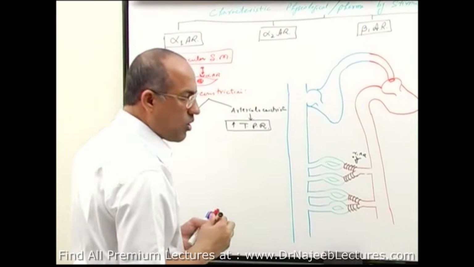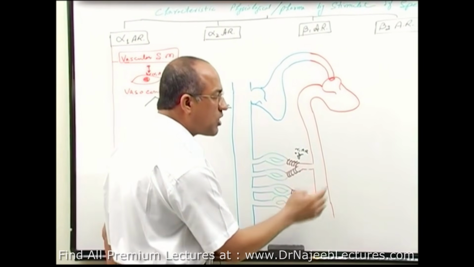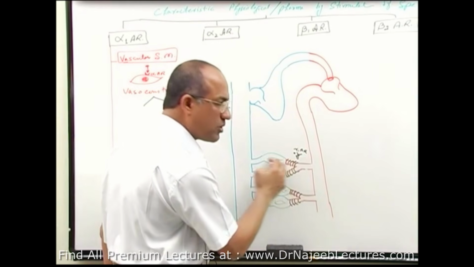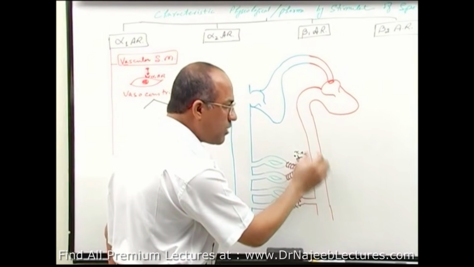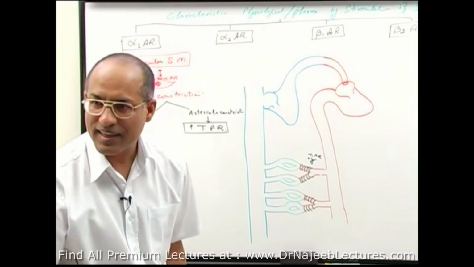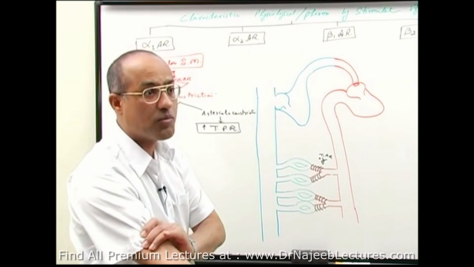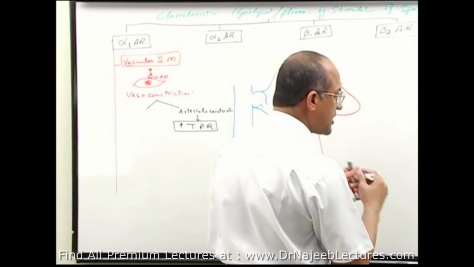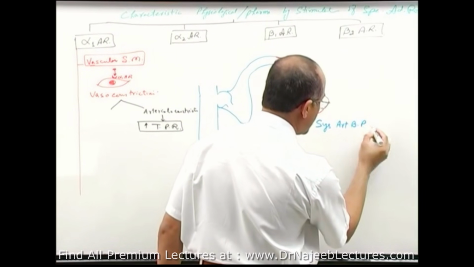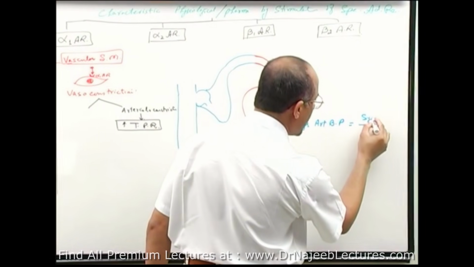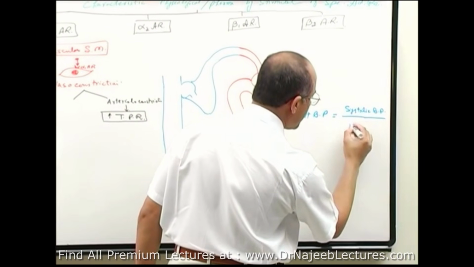Now, when total peripheral resistance increases, blood will have more difficulty moving from the arterial side to the venous side, so the amount of blood in the arterial side will be slightly increased and pressure on the arterial side will also increase. And actually, systemic arterial blood pressure has two parameters. Systemic arterial blood pressure is equal to systolic blood pressure by diastolic